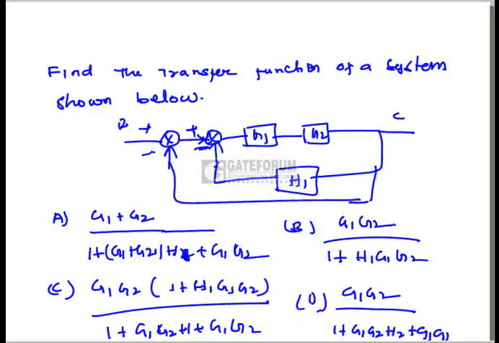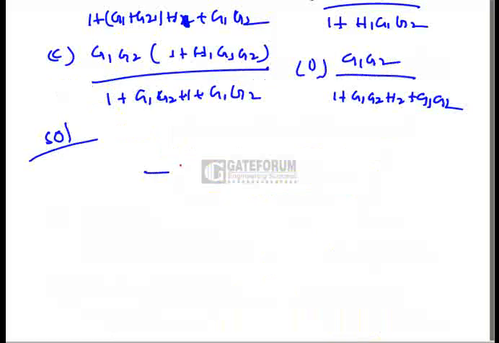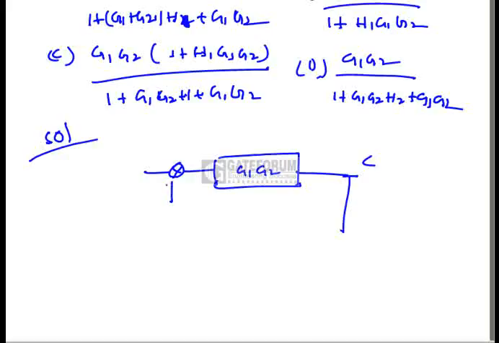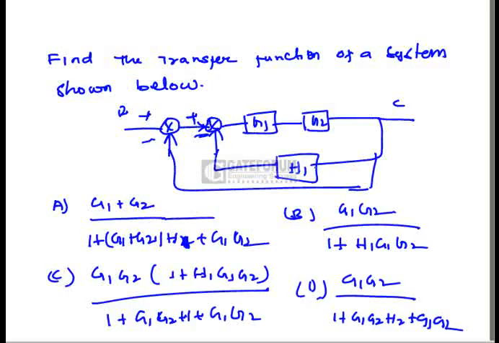Now I am reducing this block diagram like this. So this is my forward path here, G1, G2, because these two are connected in cascade. So that's why these two are multiplied. Now in the feedback path, these two will be added. So 1 plus H1, because the gain of this feedback element is H1, but the gain of this other feedback element is nothing mentioned here. So that's why this is a unity feedback.